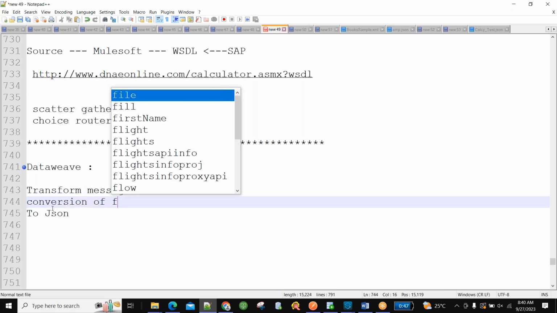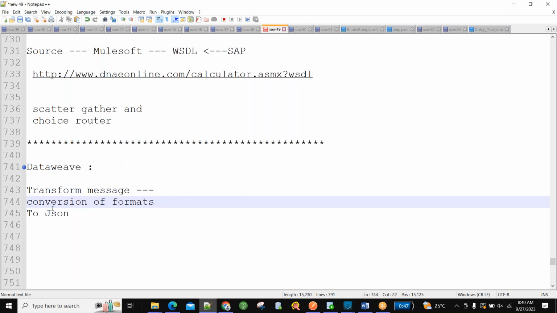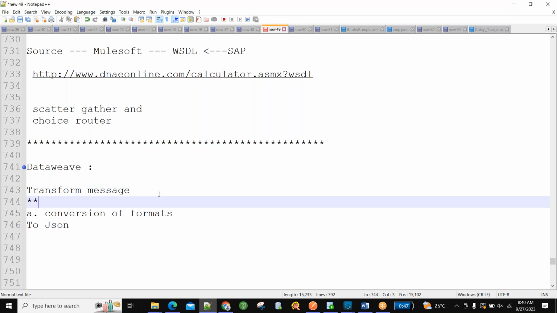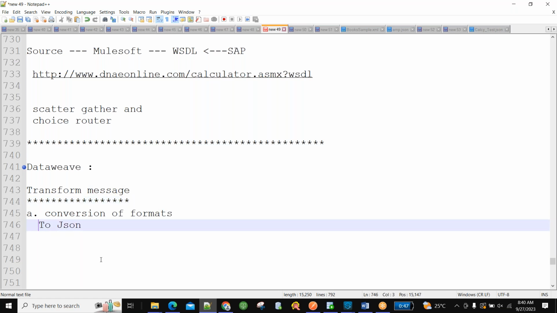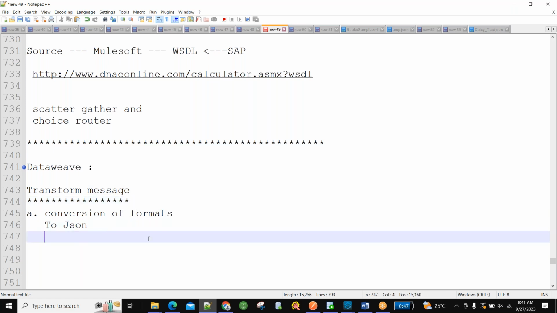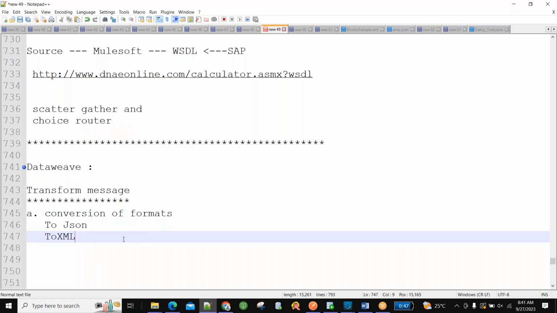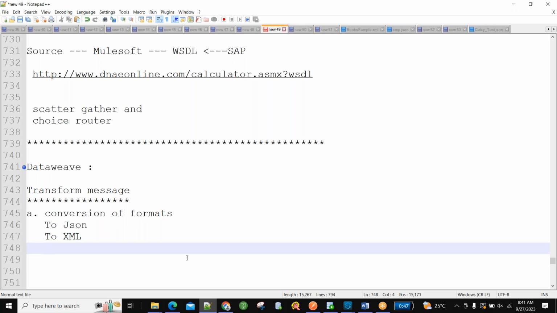In the transform message we can convert the formats, for example to JSON or to XML, or XML to any format, to CSV, whatever the formats can be converted.